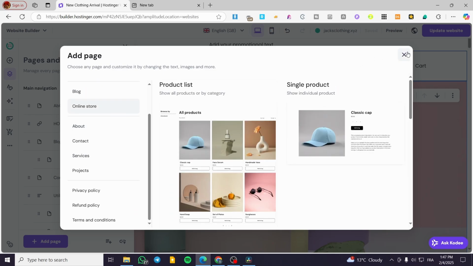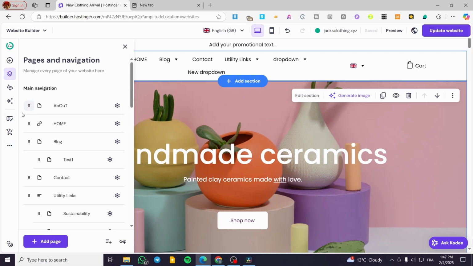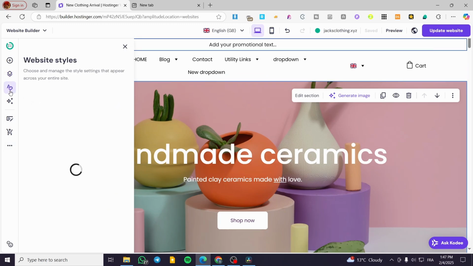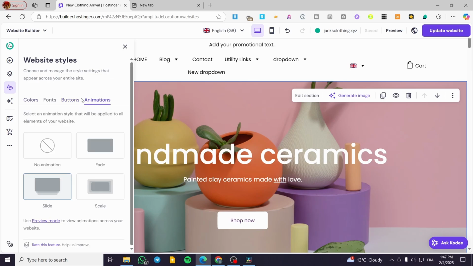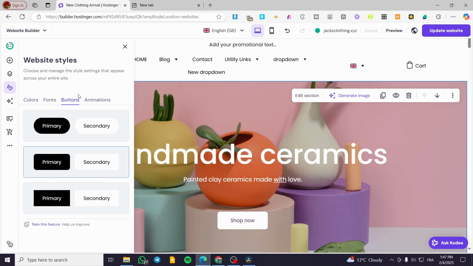and you're going to see the templates. Now, if you're going to have something modified other than the pages and the sections, it is going to be the website styles. You can change the fonts, and also the colors, the buttons, and animation in general in here. And you're going to set everything